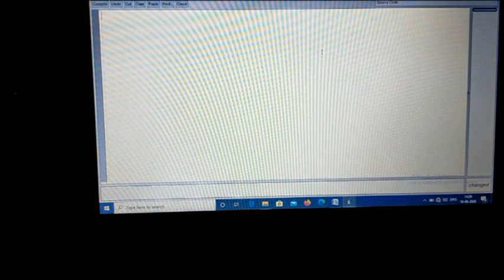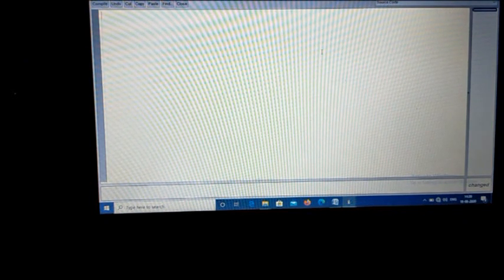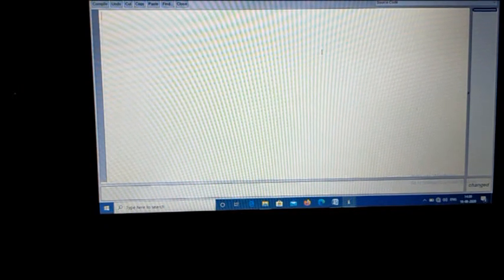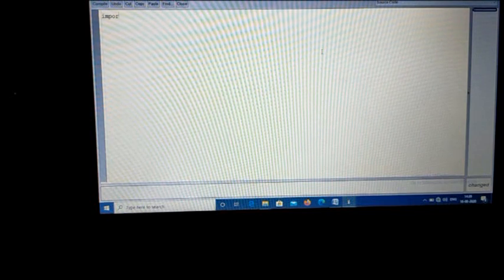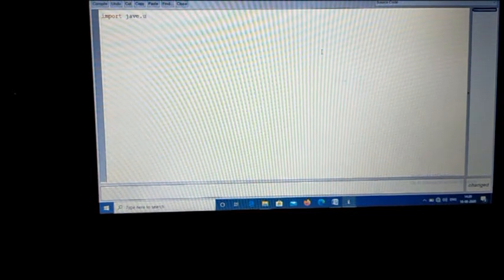Now here I want to do a simple calculation program. I want to take some integer numbers from outside, from the user. Before implementing the class, we have to implement one library package. The name of this library package is the util package. First I have to write import java.util.*; with a semicolon.